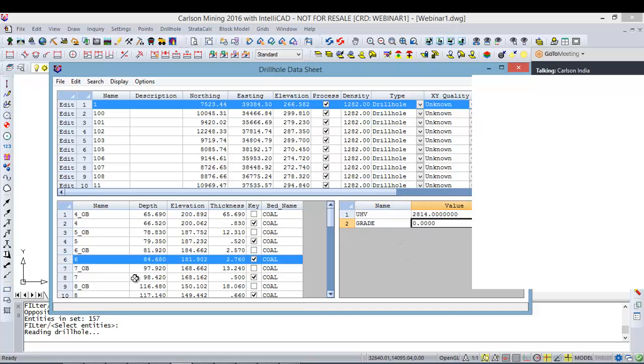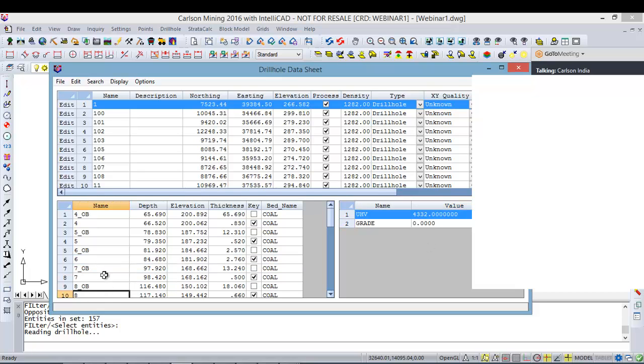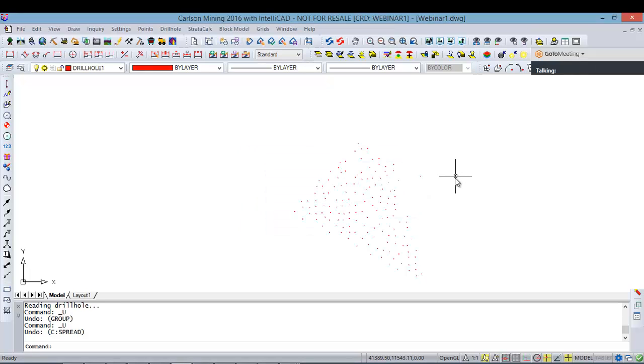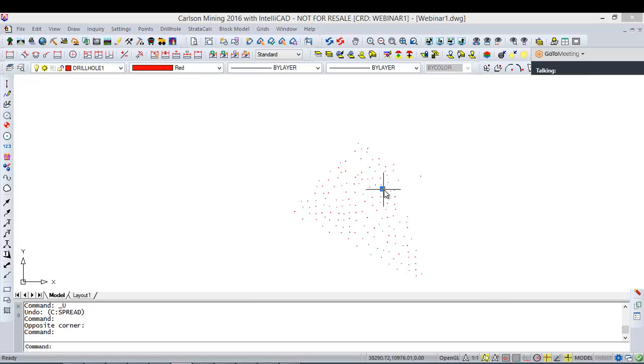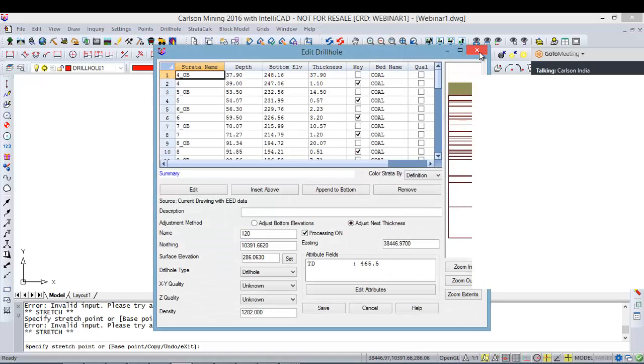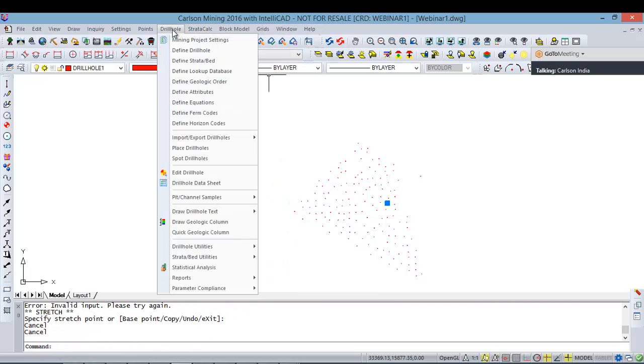Wow, I don't know why it doesn't have. I will do the same step again. I hit on, still it's having my quality data. Now I can check out. No, now they don't have any quality data. I will select my drill hole,